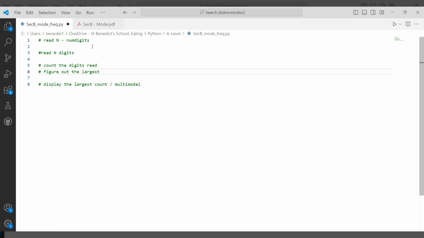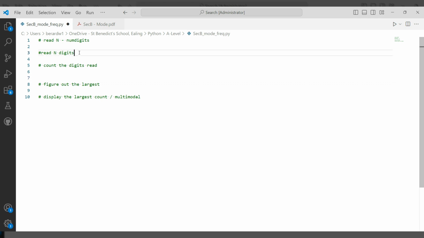I encourage you to decompose in English as much as you can, because this is going to be one line of Python. This is going to be a couple of lines of Python, but then read and count. We don't really need to store the digits. We just need to store the counts. So counting as we go along. So what we're going to be storing, essentially, is we want to store slash build